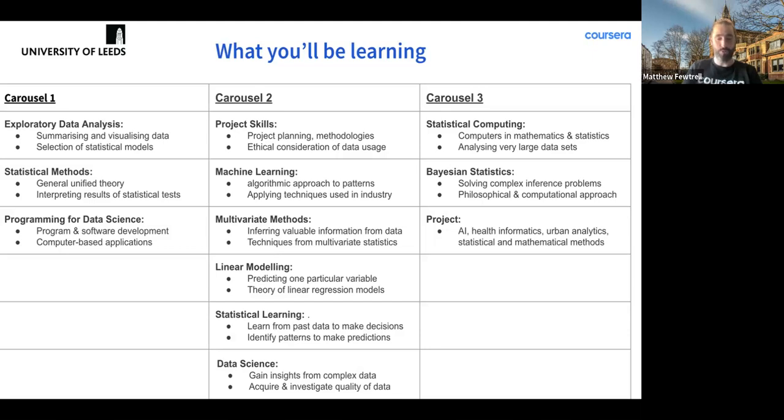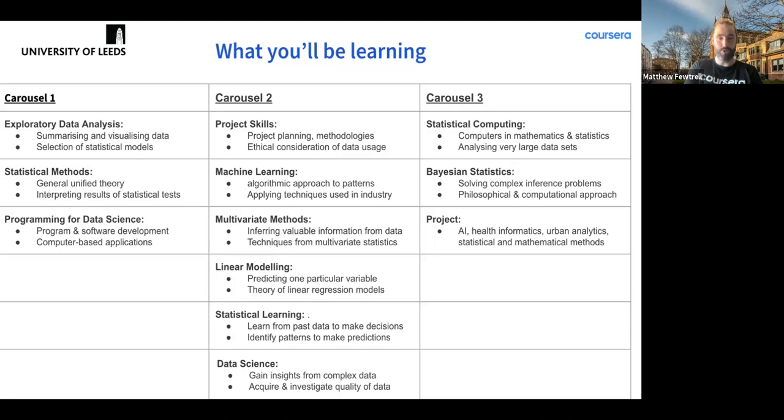After that, you'll move on to statistical methods. In that module, we'll provide a general introduction to statistical thinking and data analysis, including probability, rules and distribution, methods of estimation, and hypothesis testing. And then the third module, as I said, will be programming for data science. In this module, you'll be introduced to the fundamental skills of programming in Python. The aim is for students to develop the skills and experiences to independently translate a broad range of data science related problems into functional computer programs and communicate their results.